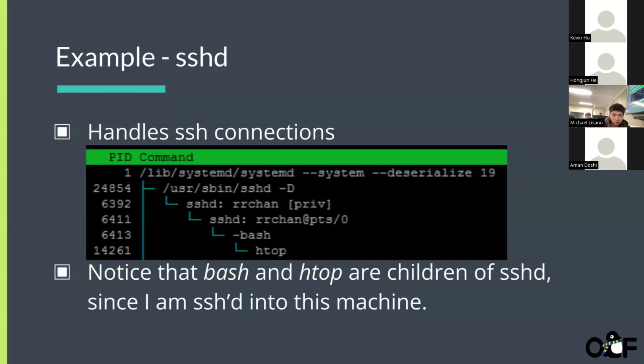And we can also look at another process, which is SSHD and handles SSH connections. Here, notice that for SSHD, currently your child processes are going to be bash and then htop, because htop is being run via bash. And as you're currently SSH'd into this machine, SSHD is running bash. So you just look at this hierarchy here and see where things start and how we go down by process. And PID 1 up here is usually just the root process that starts when you first boot into the operating system.